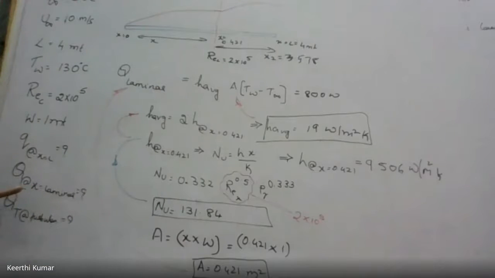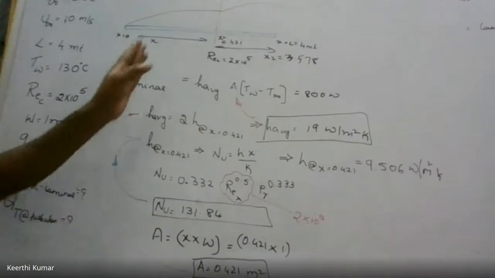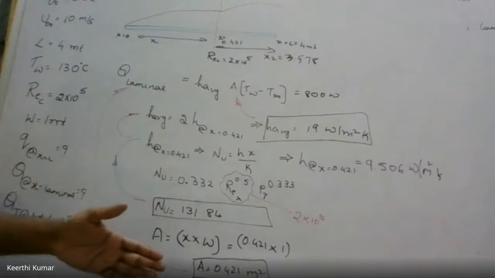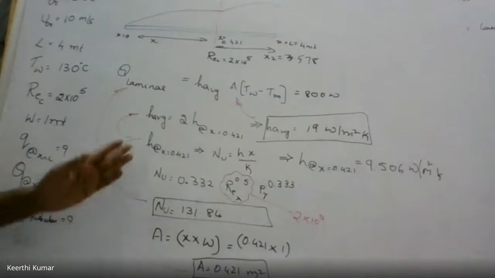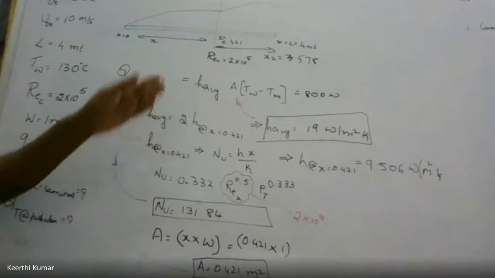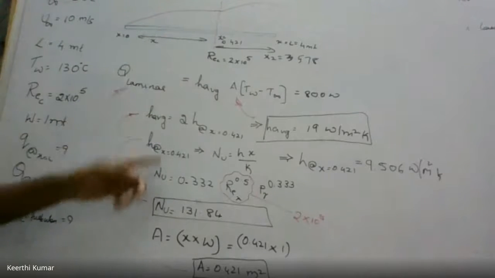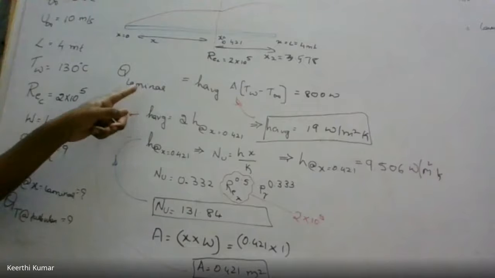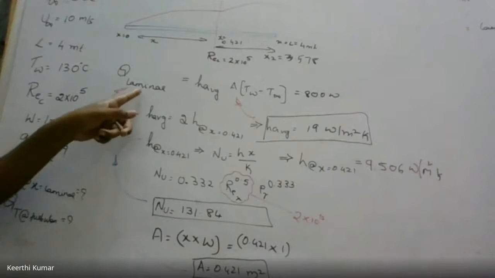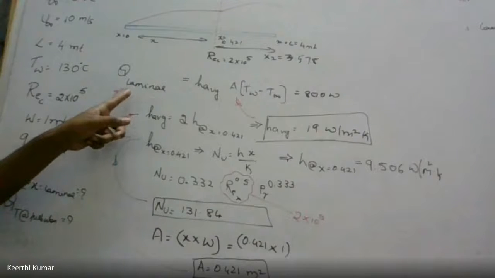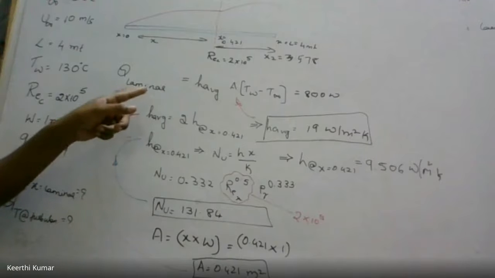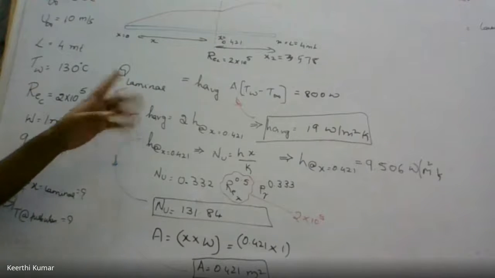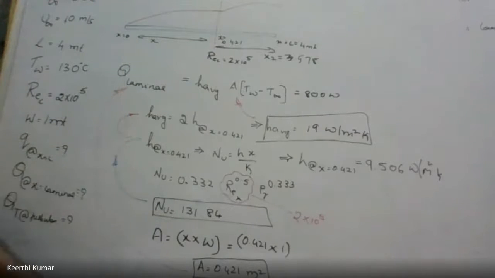So we have completed the Q for laminar region. This is a similar step to what we did in the previous problem also. There he used to ask within the laminar region, some value of x is given, and he is going to find out Q at a distance of x. But now he is asking that x itself is at the end of the laminar, so we'll write Q laminar. This is finished. Now I'll go for the turbulent. This is the first problem I'm going to do based on turbulent. Observe carefully.